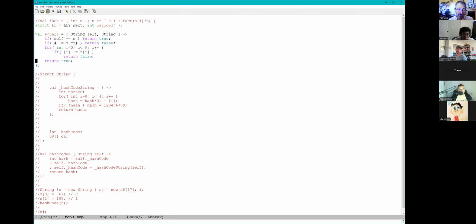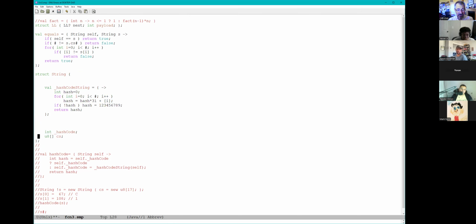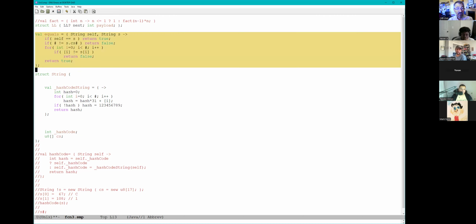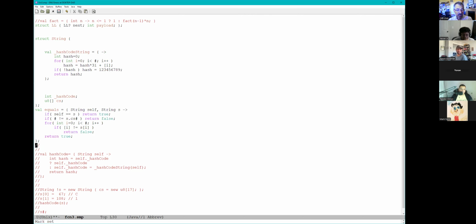And then you come to struct and struct string, and you start saying, oh, you actually have some stuff. You have this cs field, and in fact, it's an array, and I now know what the type is, and so on and so forth. But actually doing it in Simple, I'll have to sort myself out. At the moment, I've gone ahead and declared it's okay to demand you declare the string first, then the equals call, right? And that's just a limitation of where Simple is right now.